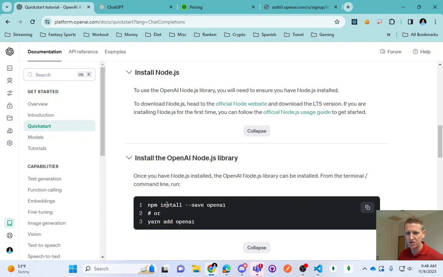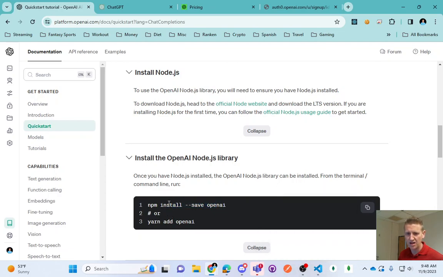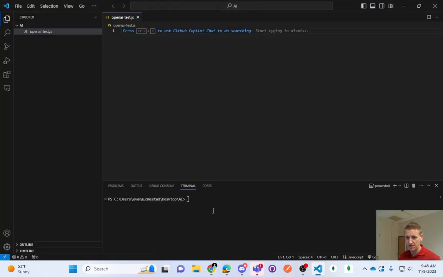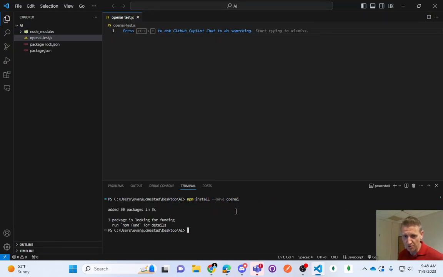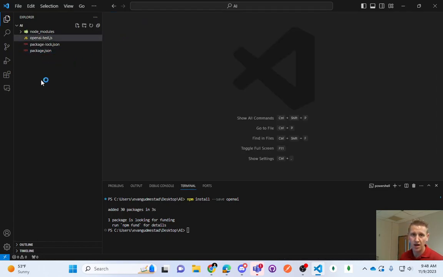So as we know, to get Node up and running, once you have Node installed, the OpenAI library can be installed. Here's the npm command to run at the terminal: npm install --save openai. Cool, so it created a package.json for me, and node_modules. Once we ran this install command,